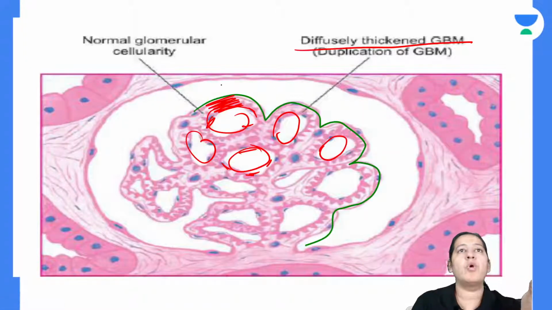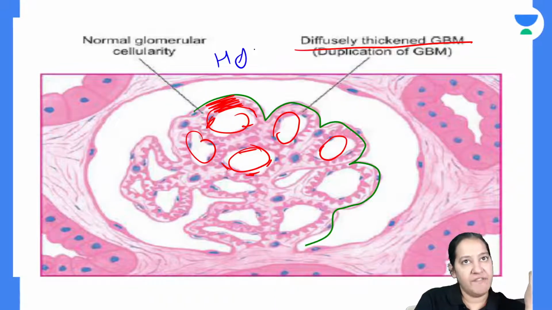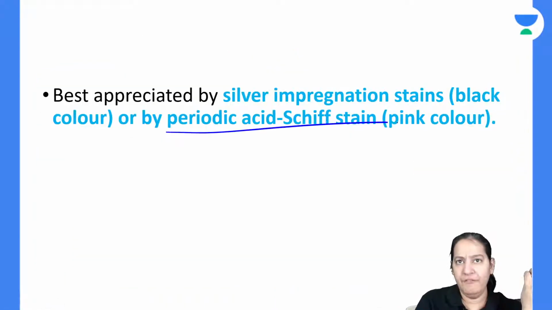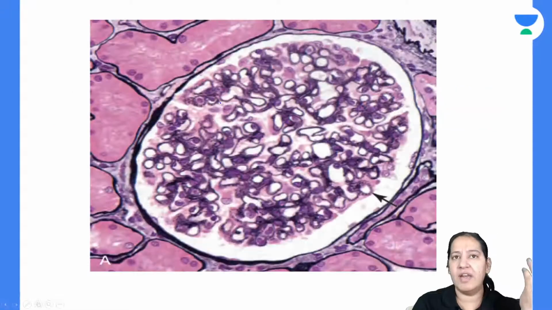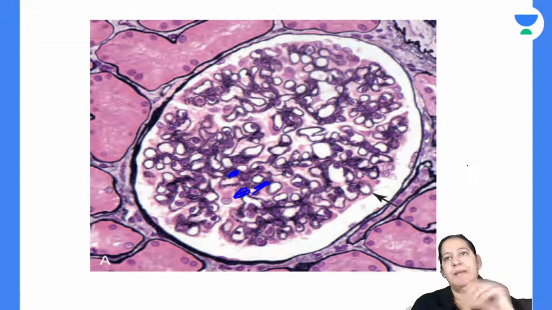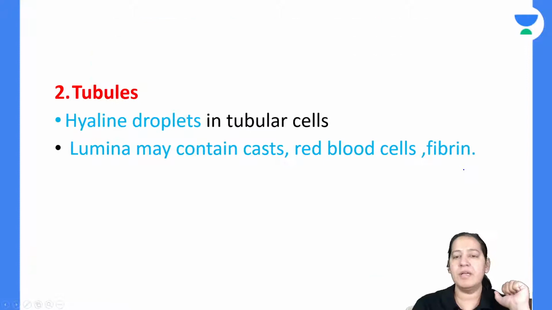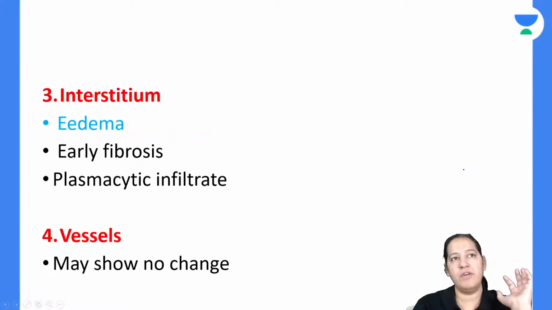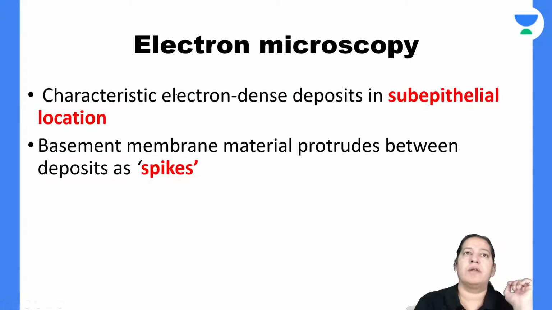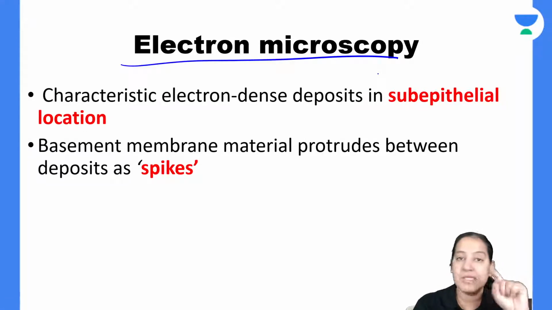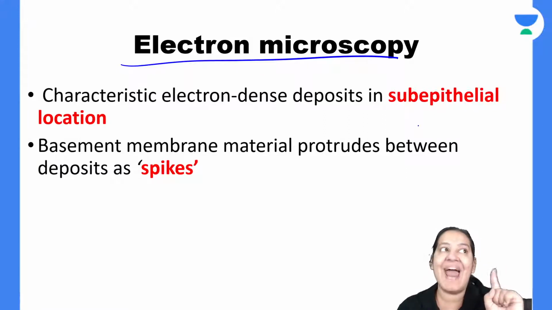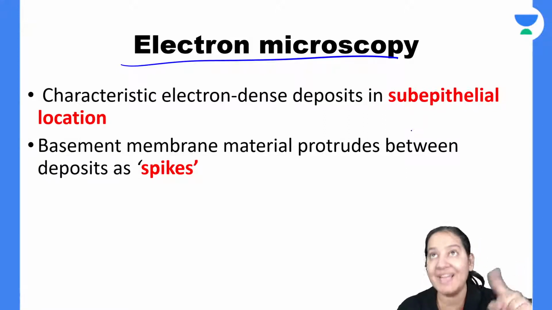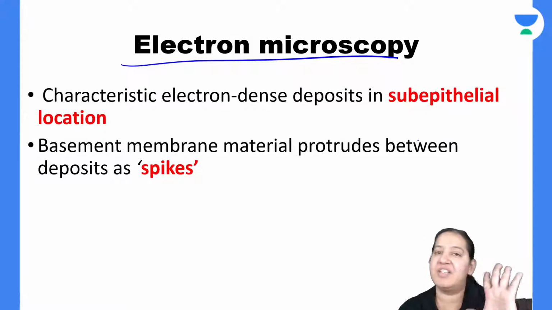Thickening is more visible if you do PAS staining or silver staining instead of H&E. See, this is the silver staining. In the silver staining, can you see the purple thing? Whatever is purple, this is the basement membrane. Please appreciate the thickness of the basement membrane. Give me a thumbs up. It is PAS, sorry, not silver. Have you got it? So that is the basement membrane. On electron microscopy, deposits will be there. Where will the deposits be? Deposits will be on the podocytes, because here antigen antibody complexes are formed on the podocyte against the GP330 antigen of the podocyte.